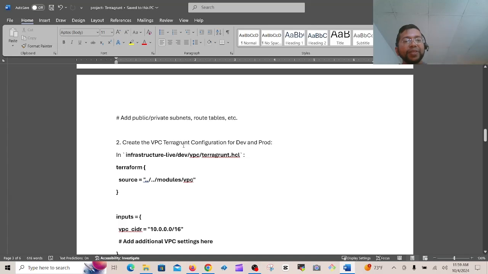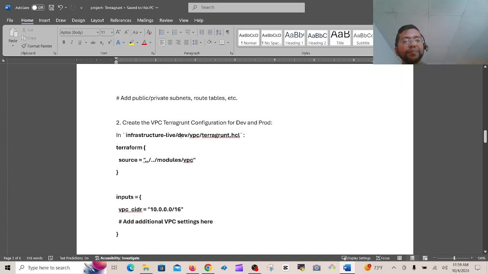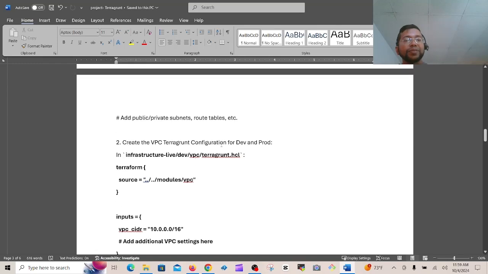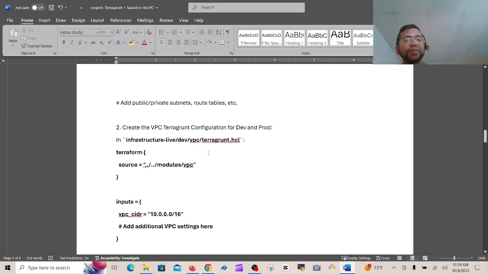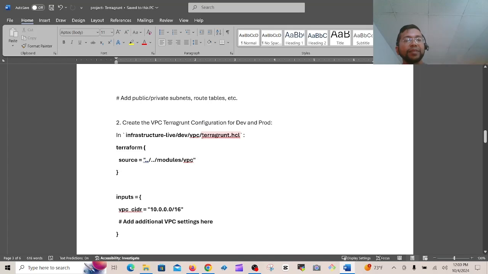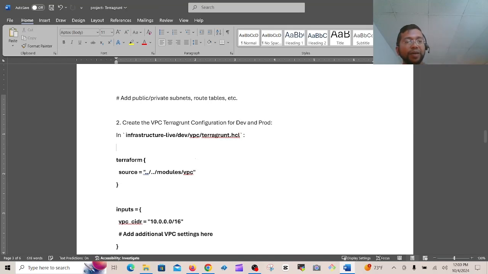Create the VPC Terragrunt configuration for dev and prod. In infrastructure level, infrastructure live slash dev slash VPC slash terragrunt.hcl. So inside the VPC, you have to create also the terragrunt.hcl, this one. So I'm copying this one. So how to create, vim, right? Okay,